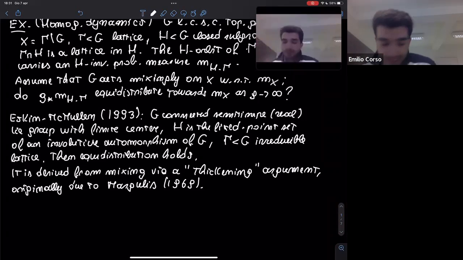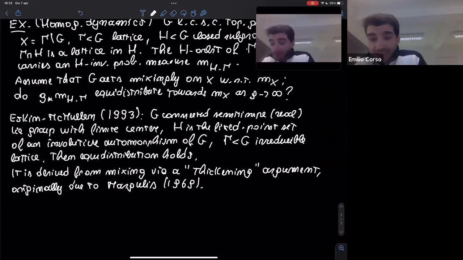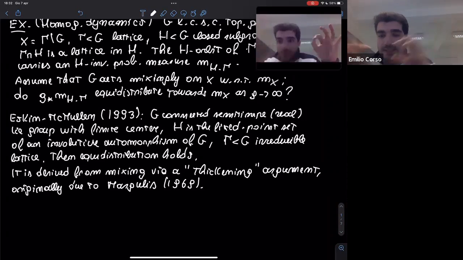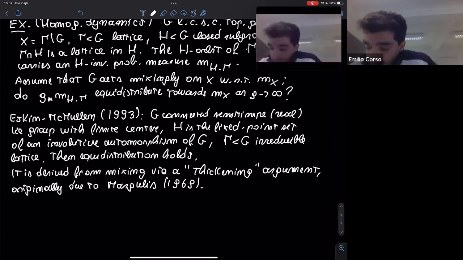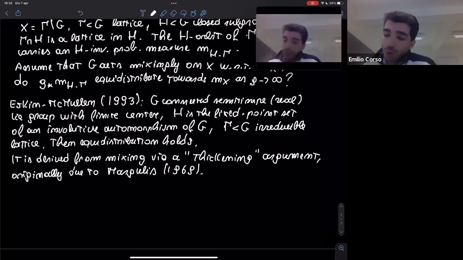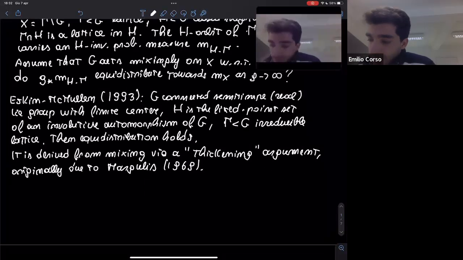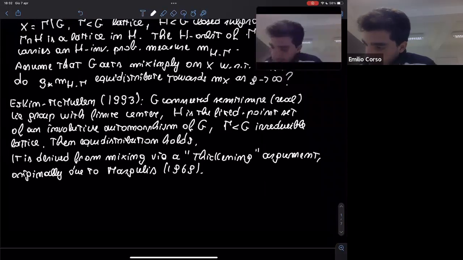So if you know effective decay of matrix coefficients, effective decay of correlation, you can in principle transfer this quantitative statement to equidistribution, but there might be some loss in the exponent that you get when you replace a lower dimensional subset with the thickened version. And this loss has to be controlled and depends in general on the geometry of the space that you are working with. That's why we chose a different approach, which is of spectral nature. And now I believe it's time to get into at least the setup